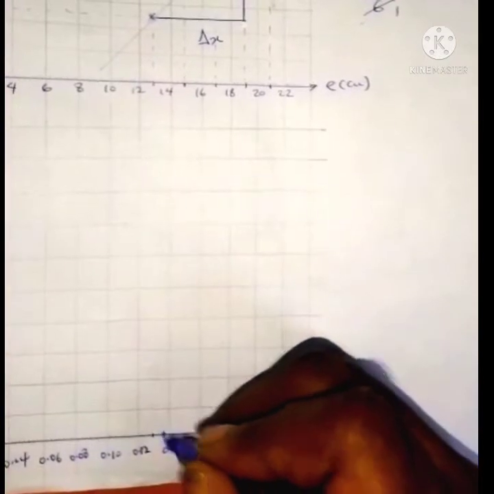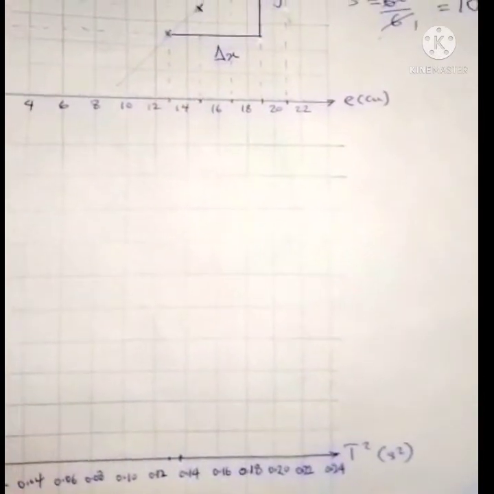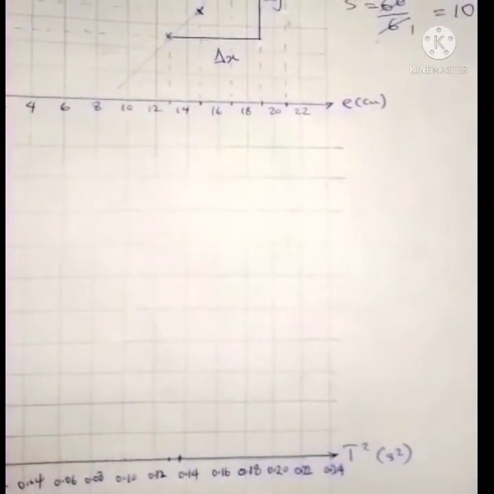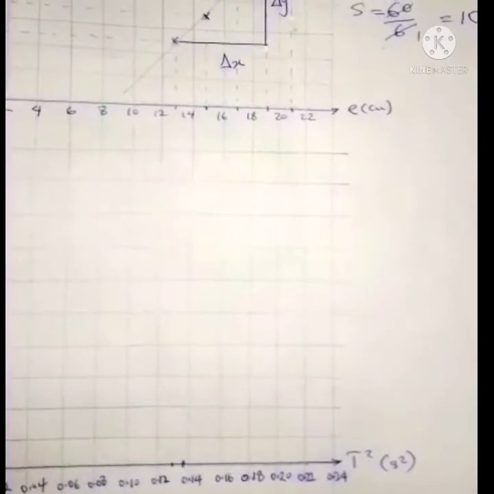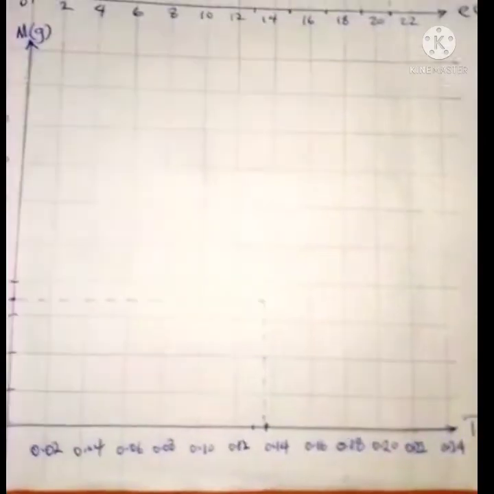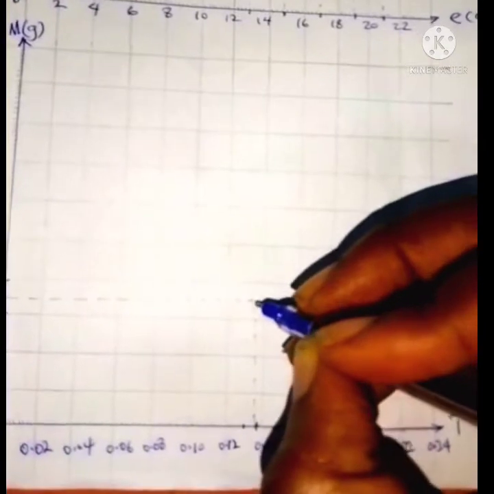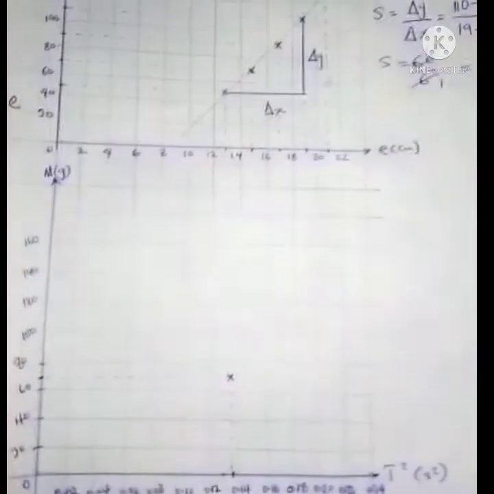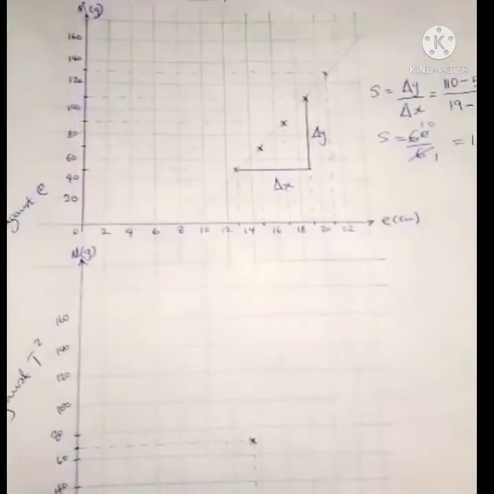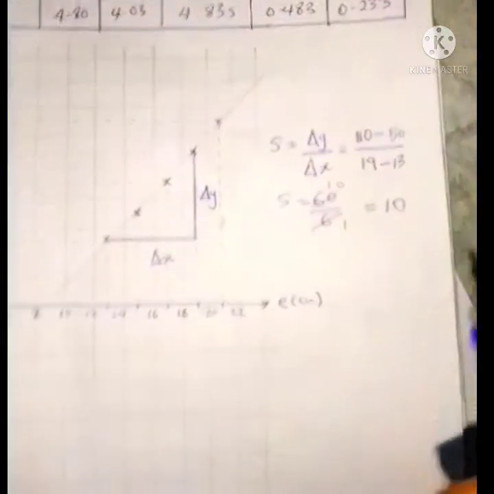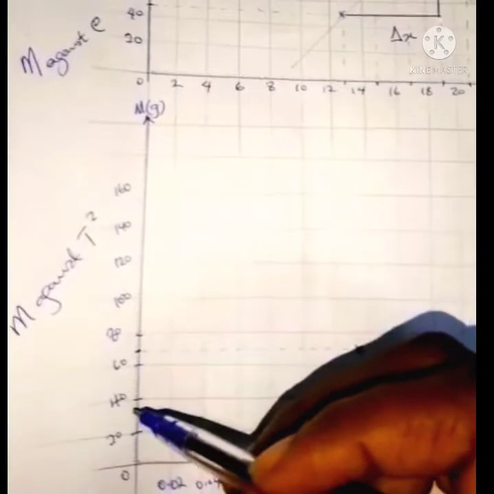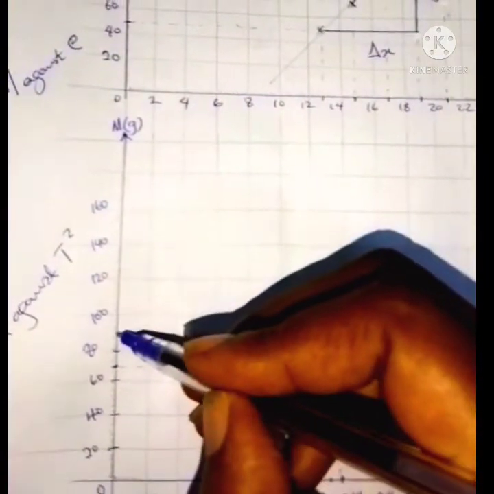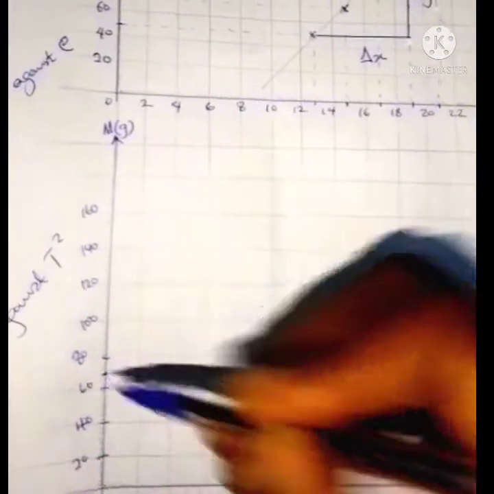This is our point. So we are going to extend the line on the two sides to intersect at the point. So we have gotten our first point on the graph. Now the second is 70 and 0.164. So this is 70. 70 is between 60 and,